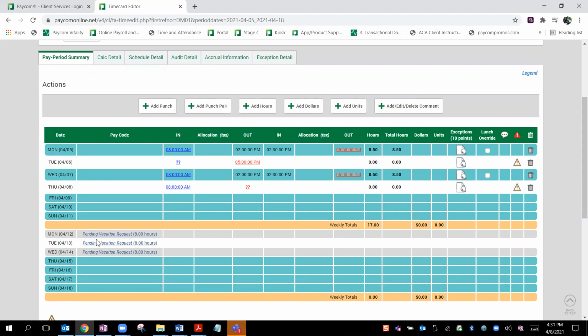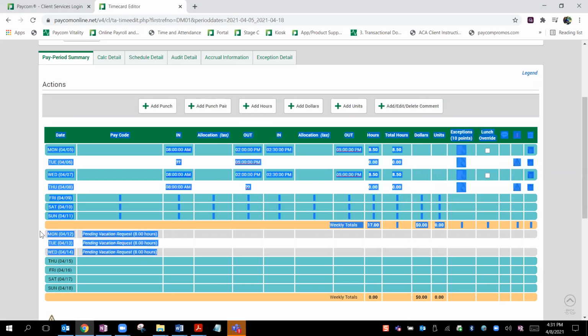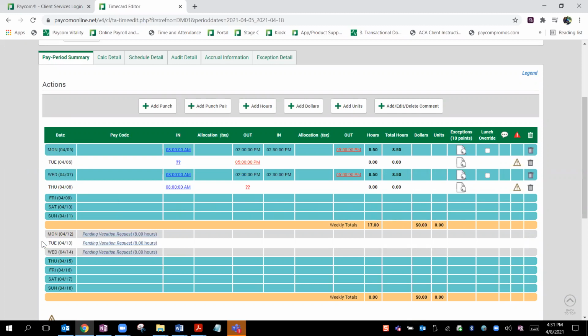That's because the system will not let you approve a day on a time card if there is an outstanding action for that day. So in this case, Michael Scott has some missing punches and outstanding punch change requests that need to be approved. And then down here, there are some pending time off requests that need to be reviewed